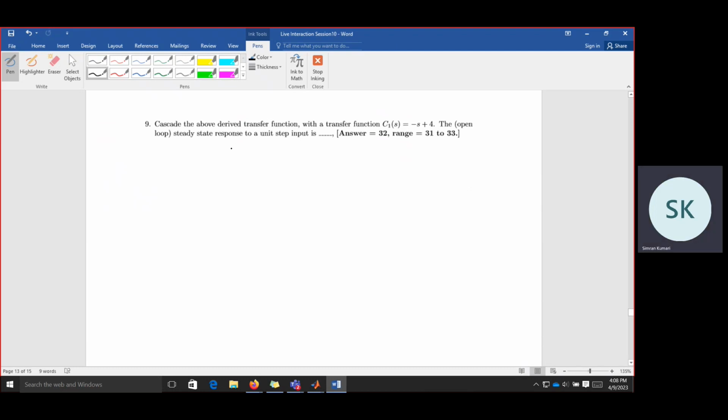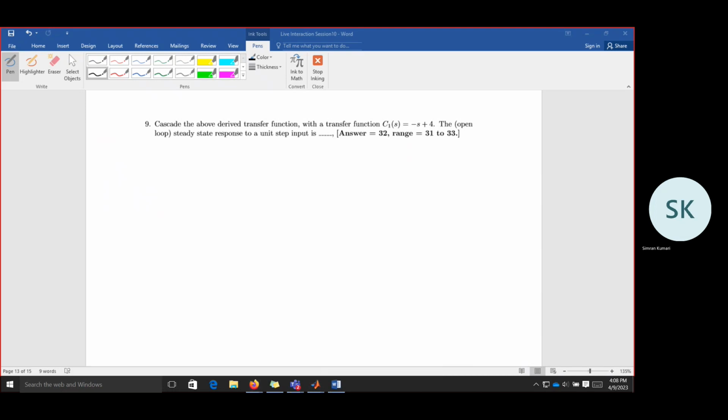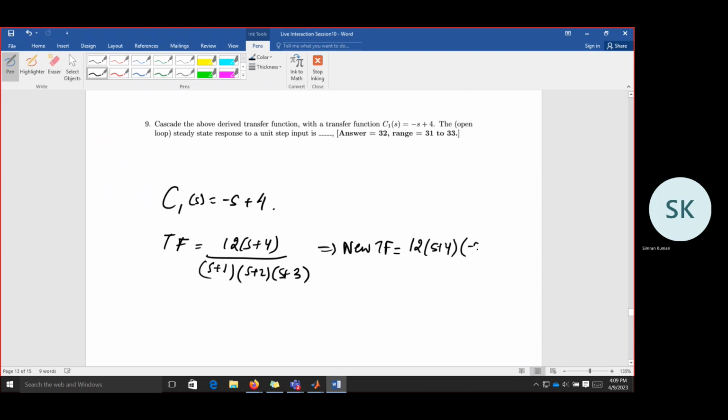Now it is being said that cascade the above derived transfer function with another transfer function which is T1(s) equal to (-s plus 4) over (s plus 4). Okay. The open loop steady state response to unit step. So the transfer function that we have found is 12(s plus 4) over (s plus 1)(s plus 2)(s plus 3). And now the new transfer function of the system is